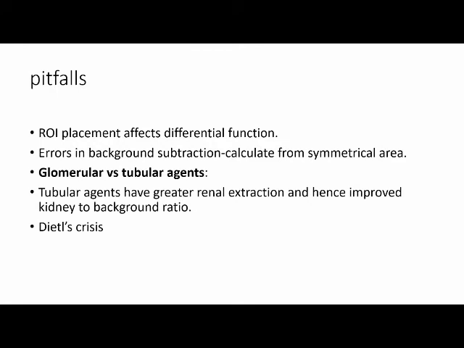Ideally, when you are considering the position of the kidneys, especially on the left side, the spleen will be coming into the background. So if you are taking background activity from that renal fossa region, it can lead to wrong results. It will always be better that you calculate the background activity from the lower lumbar regions or the iliac fossa regions, where you will see a homogeneous background activity on both sides. So ideally you should calculate the background activity from that particular place rather than going for the proper renal fossa region, where the splenic background can also alter your findings.